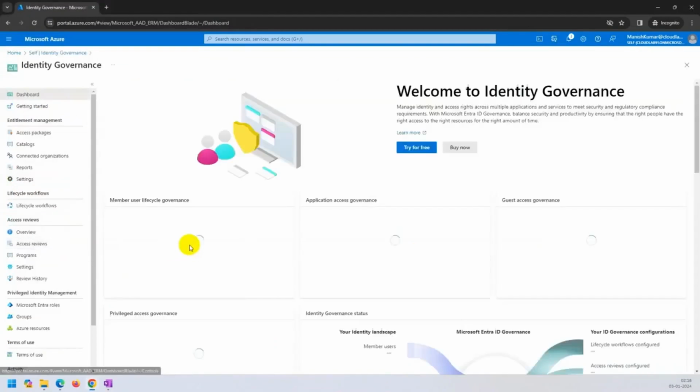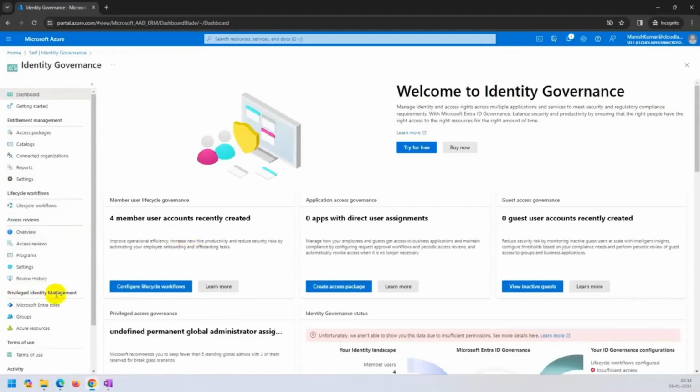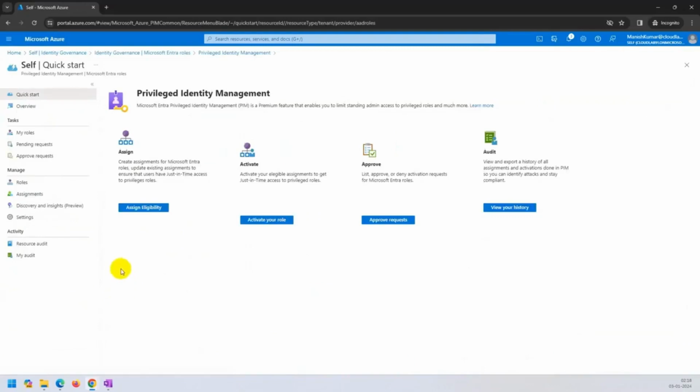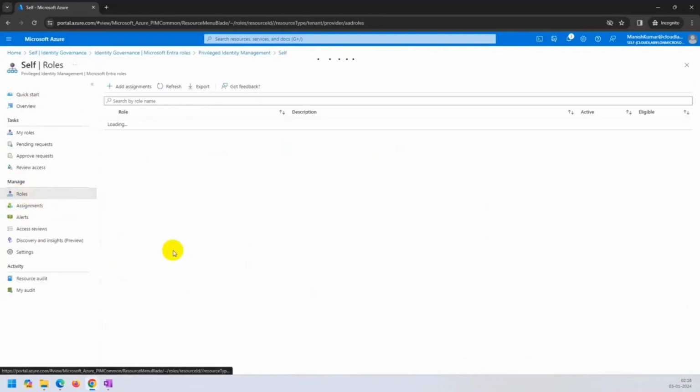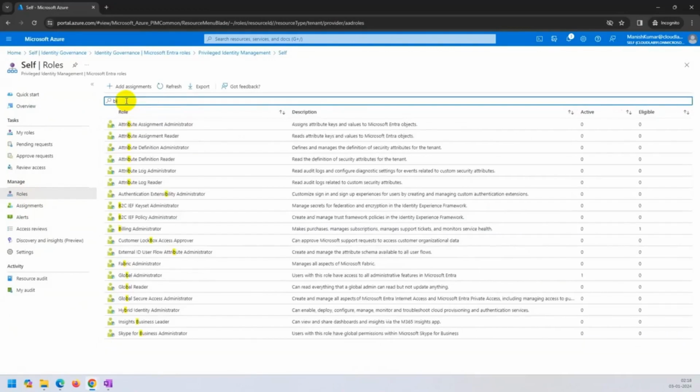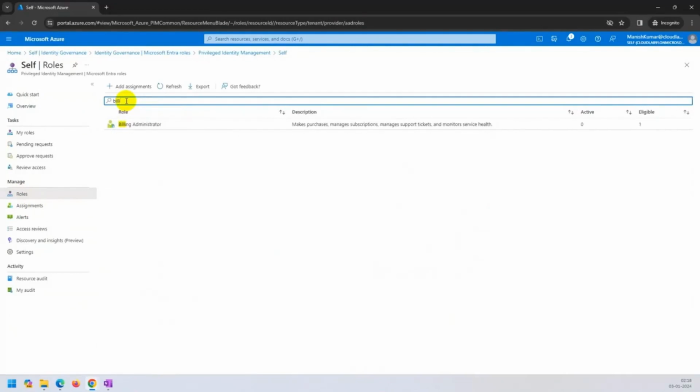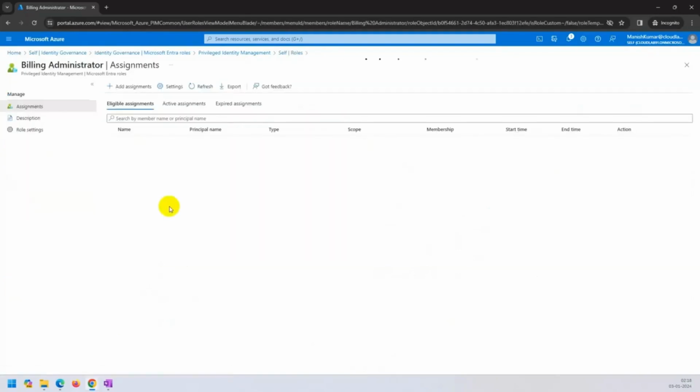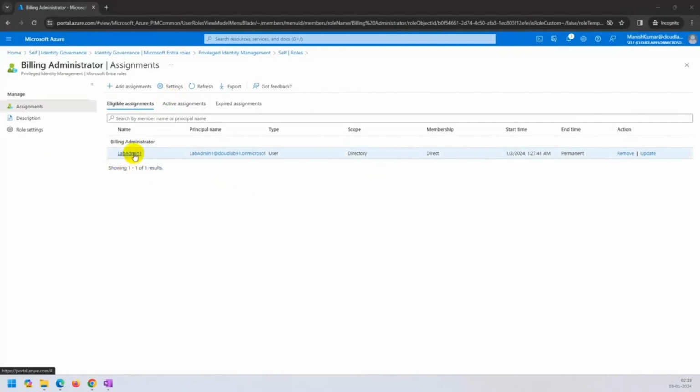So let's go to the identity governance. Then inside the privileged identity management, choose the Entra roles, and then again choose the roles and search for the roles for which we have enabled the privileged identity management. In our case, it is billing administrator. Let it load first. It's taking some time. It's loaded now. So here we can see the lab admin 1 is assigned, and now if I go to